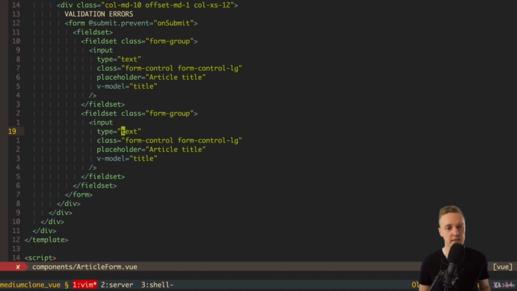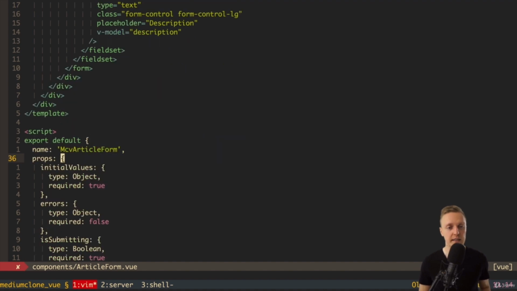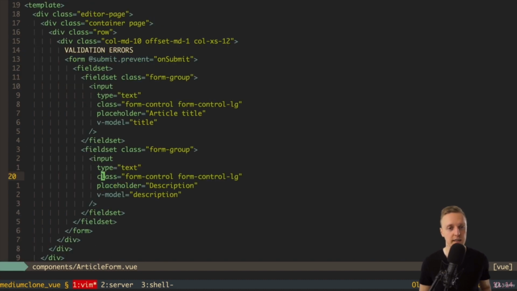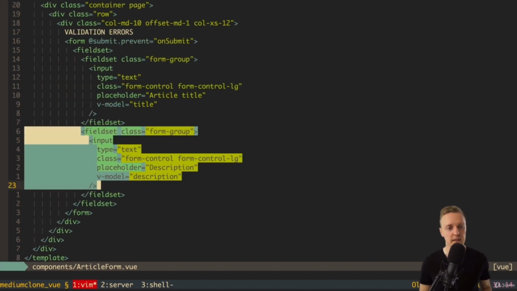The next one is description. So here is text, and the only difference is that in placeholder we have description, and in v-model we also have description. Now at the bottom I want to add here description, which is also an empty string. Now I will copy this fieldset again,